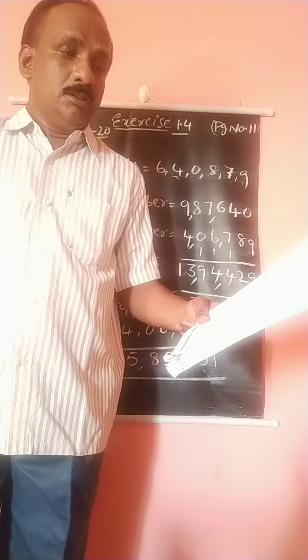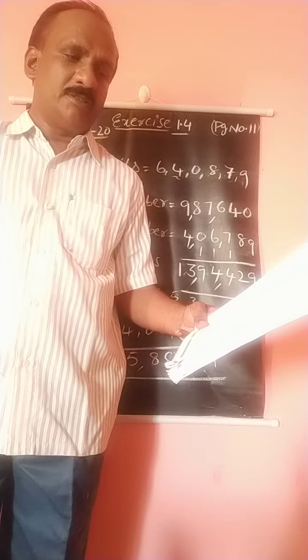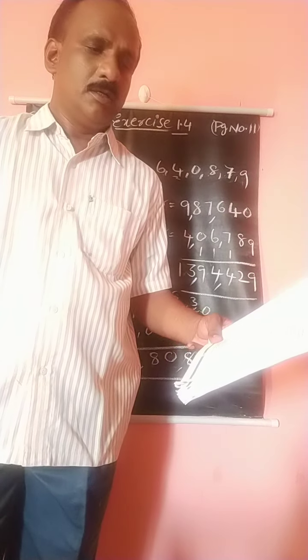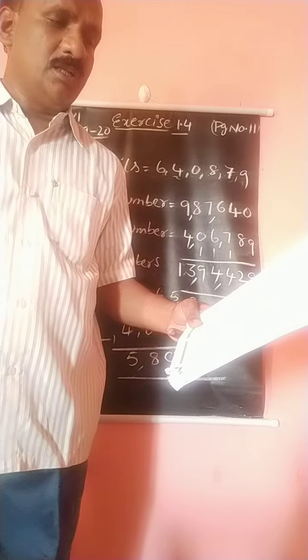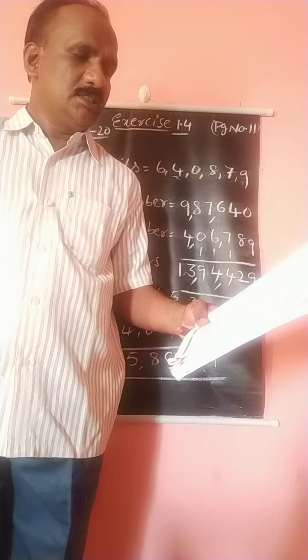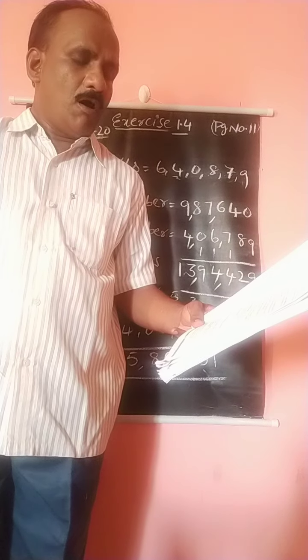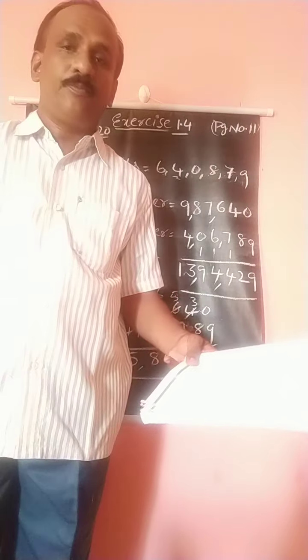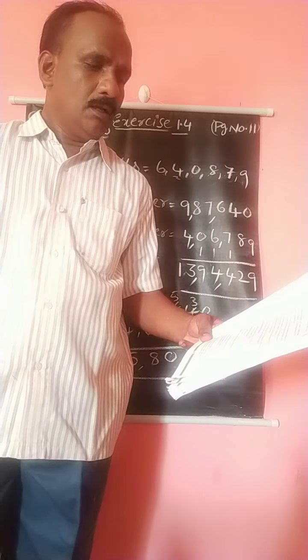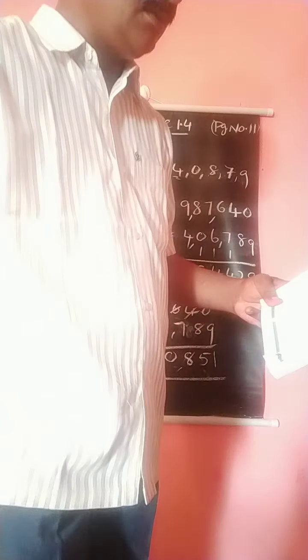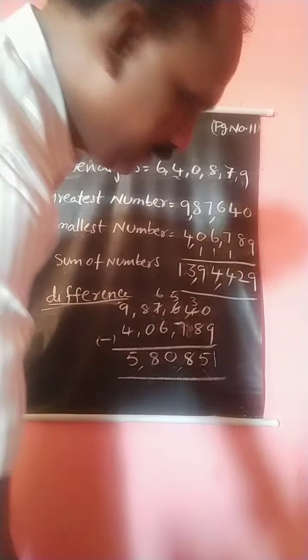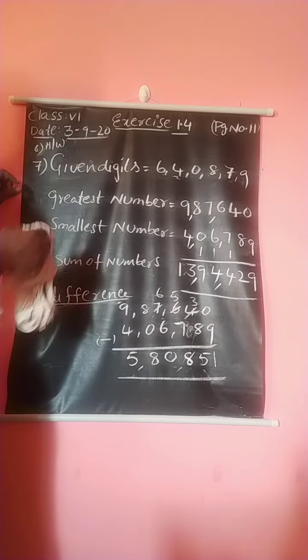So she placed an order for purchasing 124 ceiling fans. She wants to buy 124 ceiling fans. Each one costs 726 rupees. After purchasing 124 fans, how much balance she has, the remaining amount, is asked. Okay children, now see there, this problem is finished. Now I will go for the 8th problem.